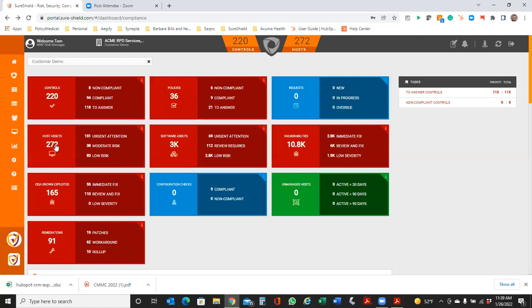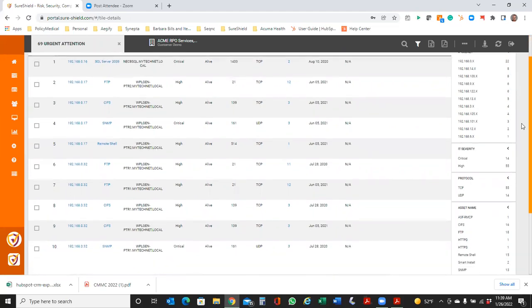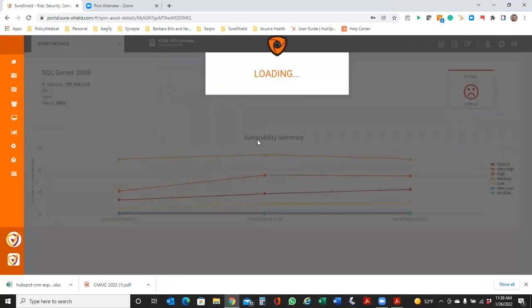But if I wanted to just click into these briefly, let's just say I wanted to look at the ones that needed the most urgent attention. It will tell me what those are. It will tell me what that IP is. It will tell me what the vulnerabilities are on that. Again, you have a lot of different ways to filter that information. And then most importantly, if I were to go in and look at that vulnerability, this may be one. You can see it will even show changes over time. So if you're running regular assets, it will show you the differentials on what has happened on that particular asset.